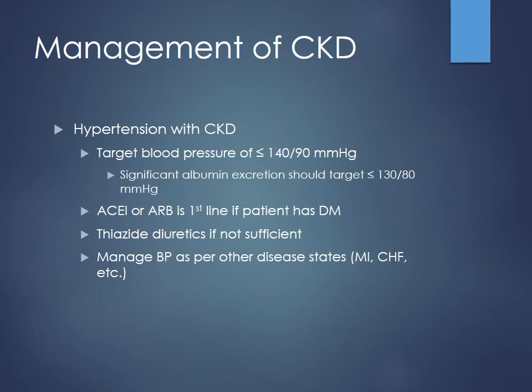So if they have CHF, what type of antihypertensives should they be on? They probably should still be on an ACE inhibitor as well, right? Because it helps prevent that left ventricular remodeling, things like that. They have a previous history of MI, they should be on